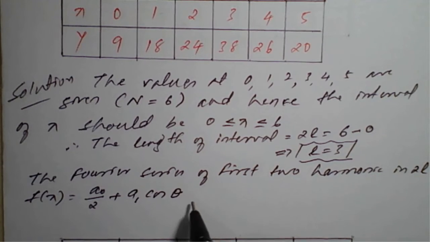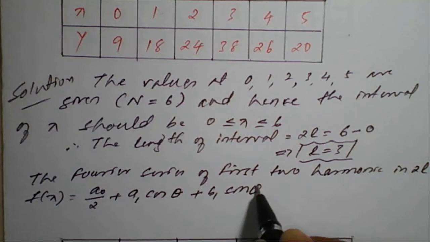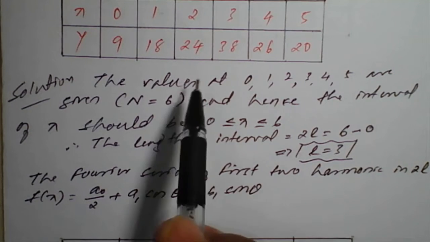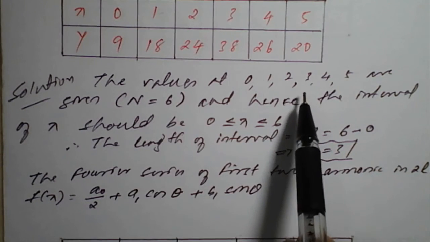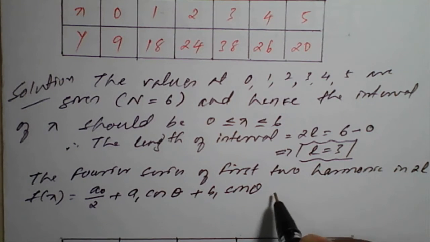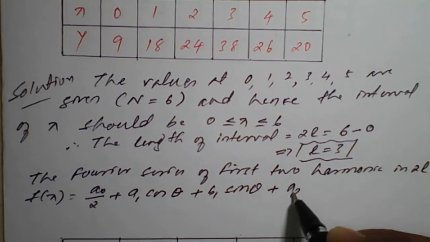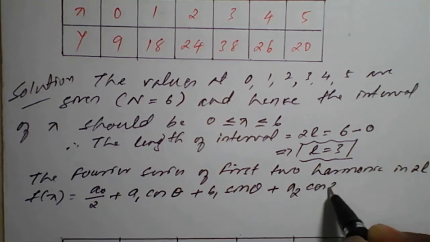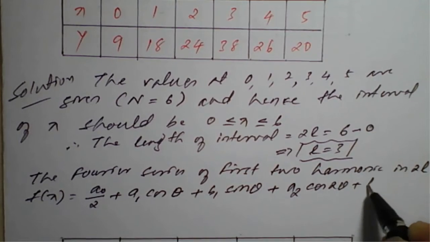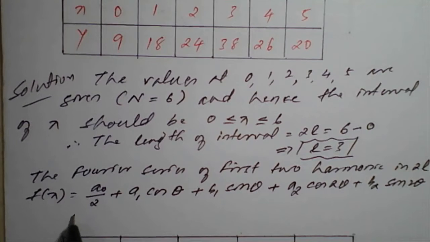Remember why I am taking theta: here the values of x are arbitrary, so theta is pi x upon L. Then plus a2 cos 2 theta plus b2 sin 2 theta,